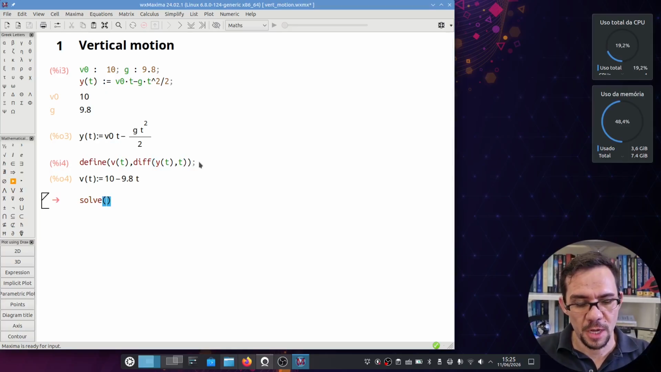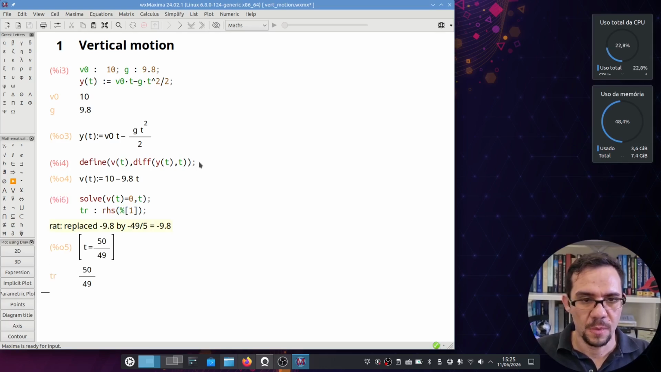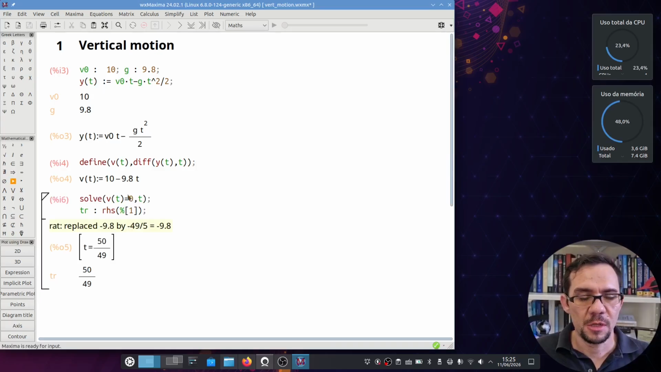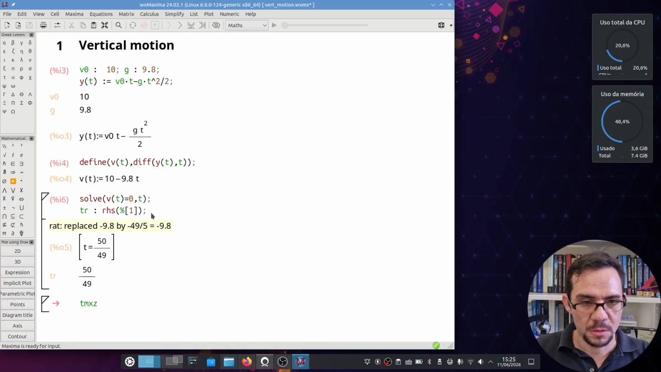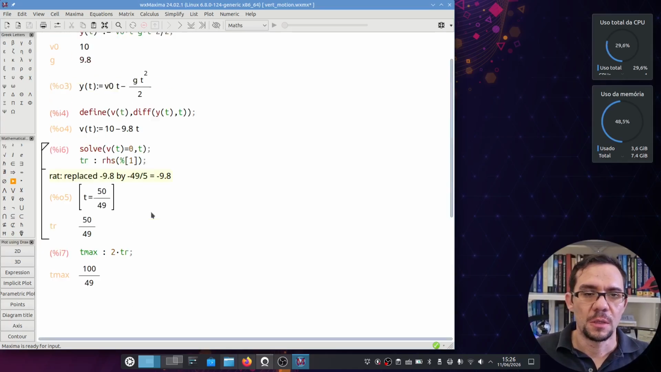Let's determine the time when the particle gets at the highest point, and let's define a variable to get this value there. We have done similarly in the last video, so if you have doubt about this, please take a look there. I will let a card here. And the motion time is going to be twice the time the particle takes to go from the lowest point